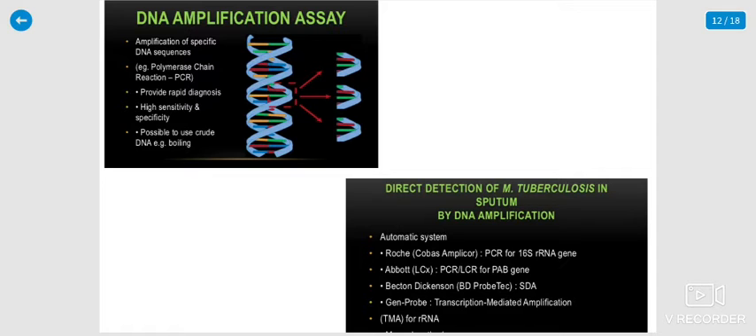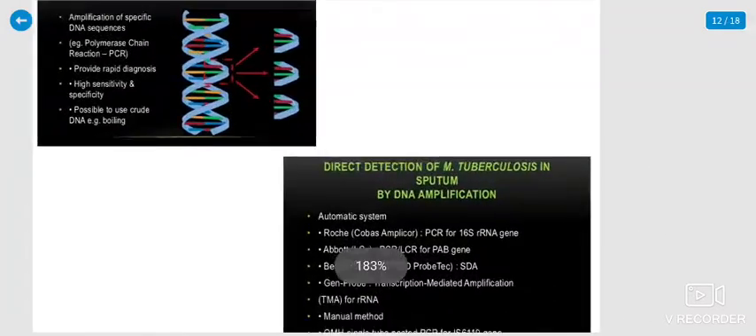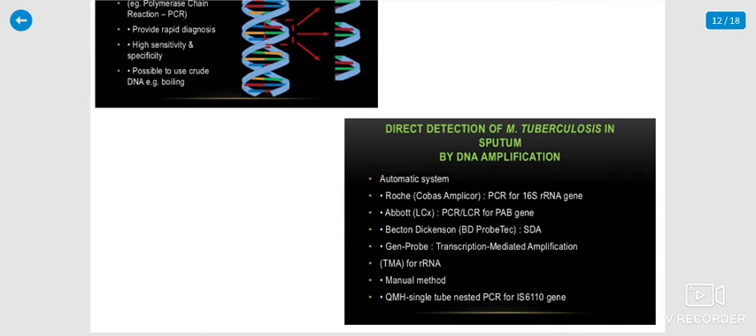The automated system and some of the four kinds of methods include the Roche method, PCR, 16S rRNA gene amplification and detection with a gene probe, and transcription mediated amplification, etc. So there are the manual method and single tube nested PCR for the IS6110 gene also,